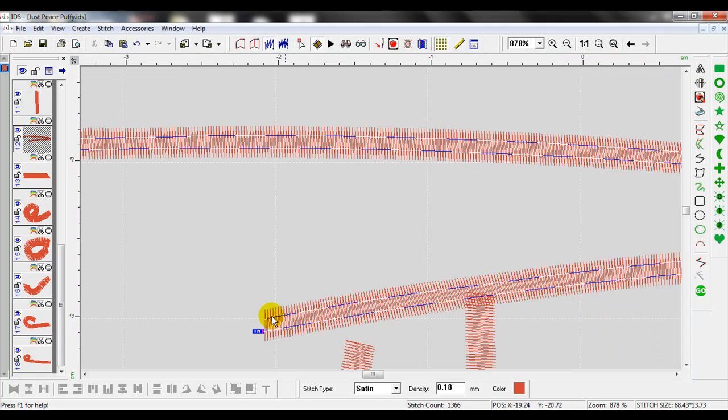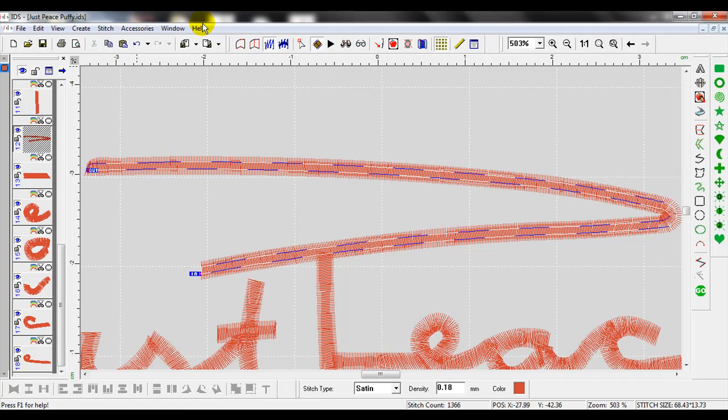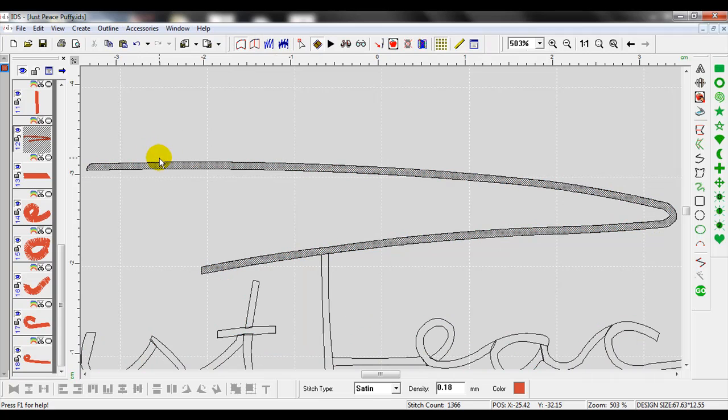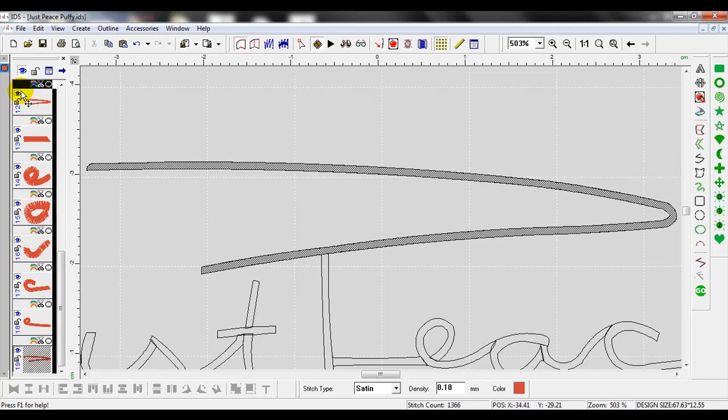revisit that, I'll go ahead and maximize this. We'll zoom this selected object. What I'm going to do with this is I'm just going to go to my outline view. I'll copy it and paste it. It'll paste it right on top, and it actually puts it at the end. I'm going to go ahead and bring that up here right where the first one is. I'm going to take the bottom layer, I'm going to zoom in,